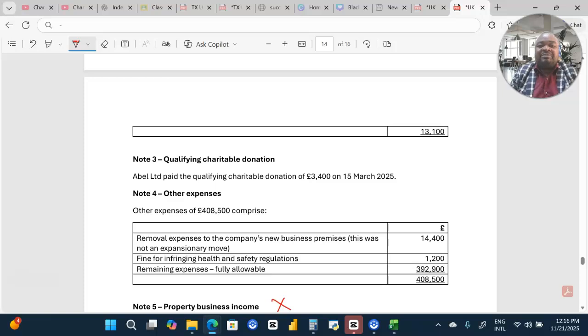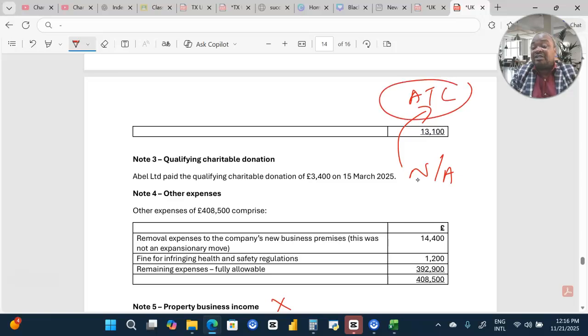QCD. Abel Limited paid the qualifying charitable donation of 3,400 on 15 March. Please note, this one is not allowed when it comes to the adjusted trading loss computation. Where it is allowed is at the pro forma. In the pro forma, it is allowed when we are now computing the TTP. In TTP, it's allowed. But in this case, we are computing